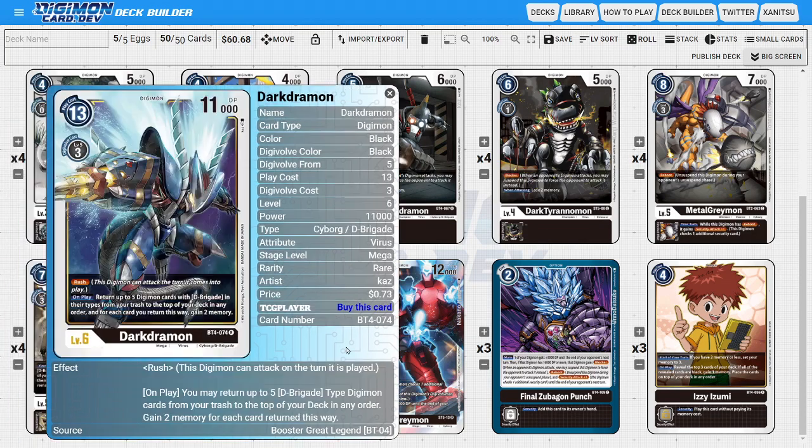Next, on to the Megaz, I'm going to be running 4 copies of Darkdramon. So Darkdramon is going to be the boss monster for the D-Brigade side of the deck, and this card is still just a very fantastic card to think about playing around with because he natively has the Rush ability. So when he comes onto the field, he could swing the turn you play him,